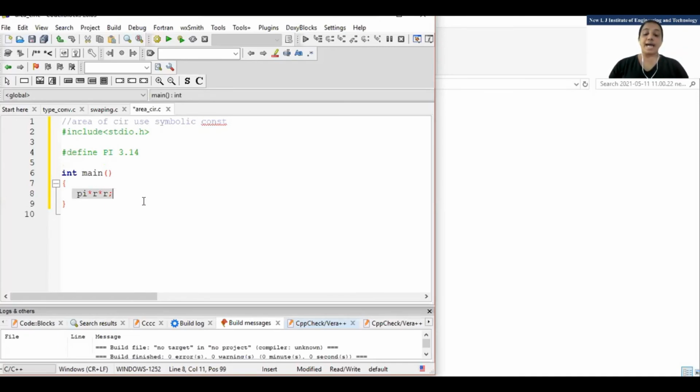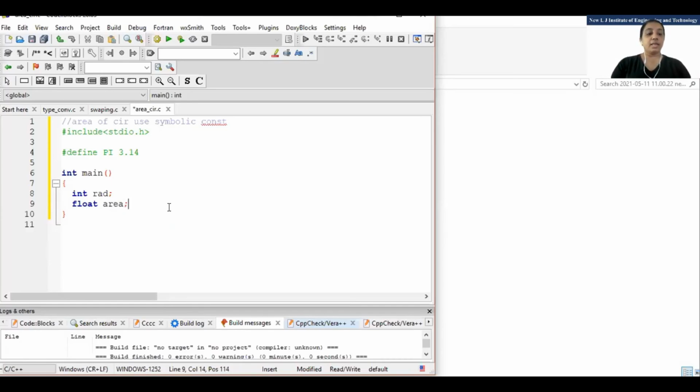Clear? Now, how many variables are required to calculate the area of the circle? Only pi and radius. I have already taken pi. Now another is required: radius. So I will take an integer radius. One variable I will declare, that is integer radius. Now the answer is supposed to be stored in some variable, right? So I'll take area, but it should be of type float. Why float? Because the answer will contain a decimal point, since it will be multiplied with pi.